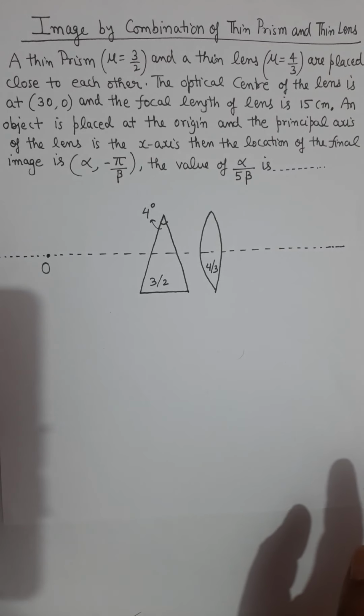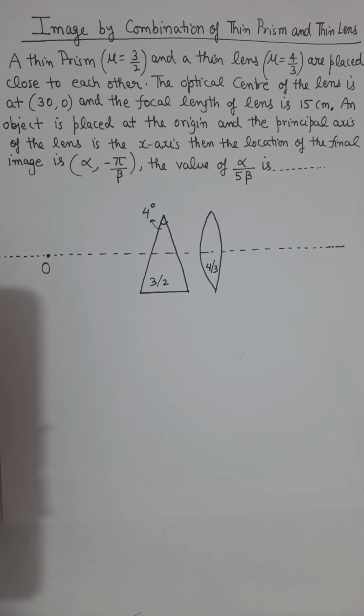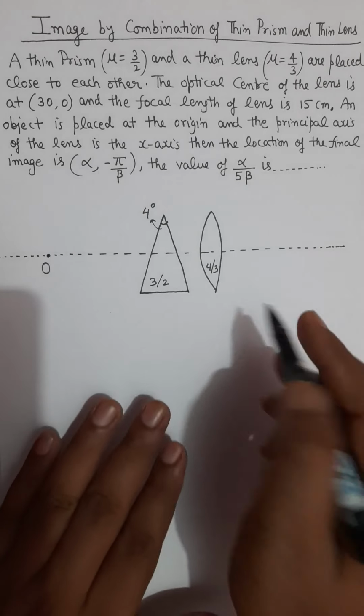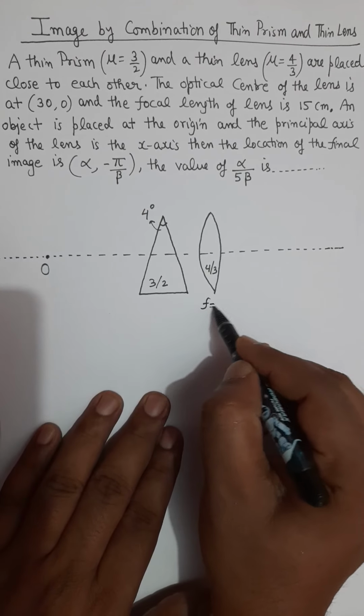Students, now this is a problem from optics unit where we have to find the location of final image by combination of a thin prism and a thin lens. So all the information is given in this question, that refractive index of prism is 3 by 2, refractive index of the lens is given as 4 by 3. If you read the question, you will find that focal length of the lens is also given as 15 centimeter,